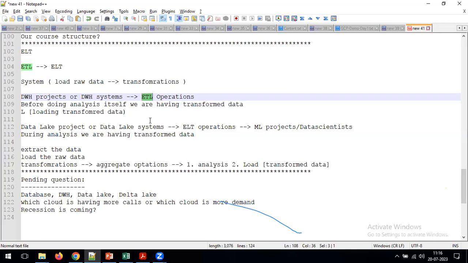But if you ask me from the performance perspective, in data warehousing projects we can see good performance, because we are already converting all the raw data into the organized format, and on top of that we perform the transformations. But in the data lake process, we are performing the transformations on the raw data. That's the reason that compared to data warehouse systems, in data lake projects we can see less performance. It's not a huge difference, but we can see a degradation of performance in data lake projects.